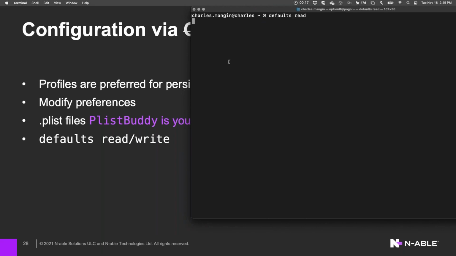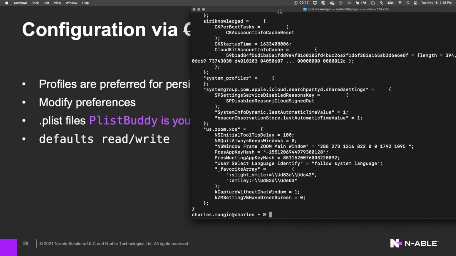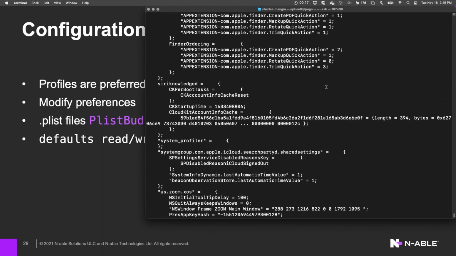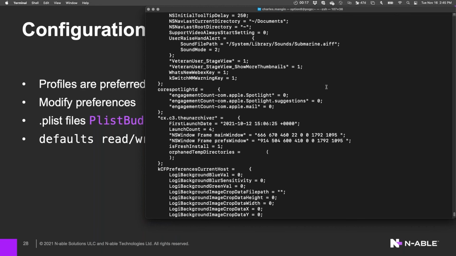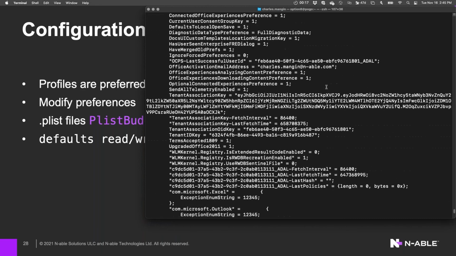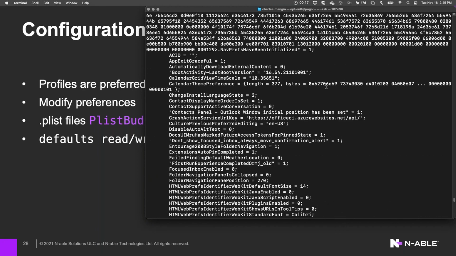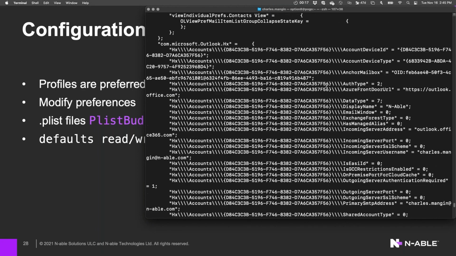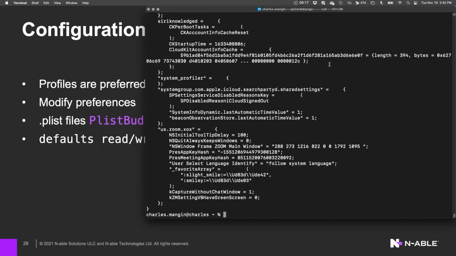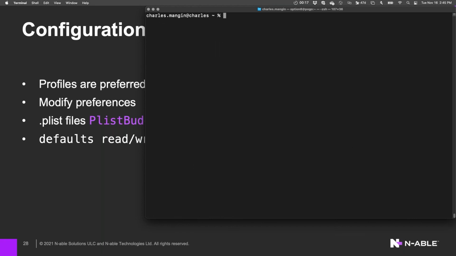And what I can do is just defaults read, and it will show me basically the preferences files that are loaded when I log into this computer. So there's lots and lots and lots of XML here that gets parsed through to determine what I have in my preferences.